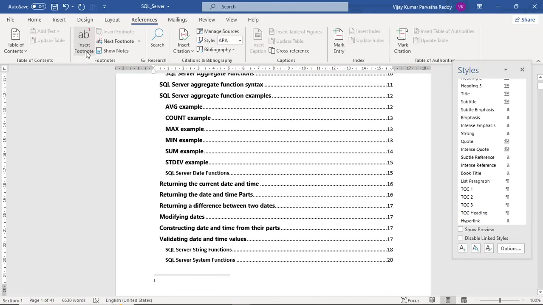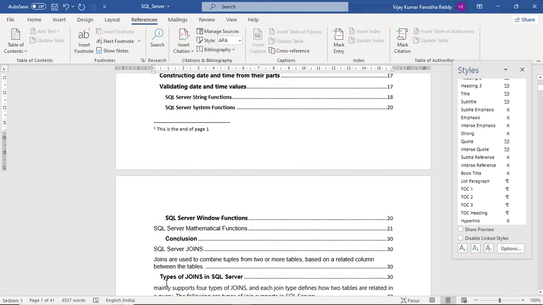Click on that option, and automatically it goes to the bottom of the page, where you can find the footnote number 1. Here you can type some information. This is the end of page 1. Like that you can insert information.